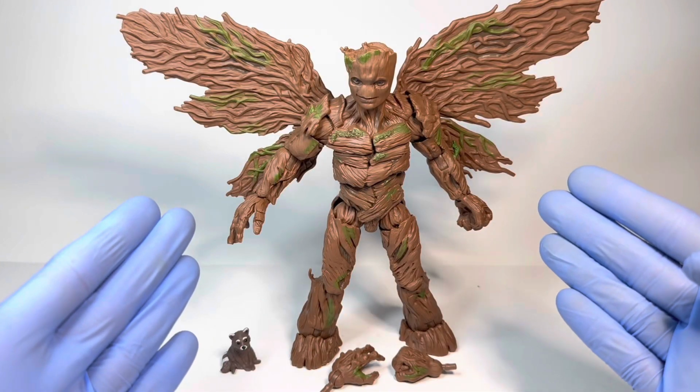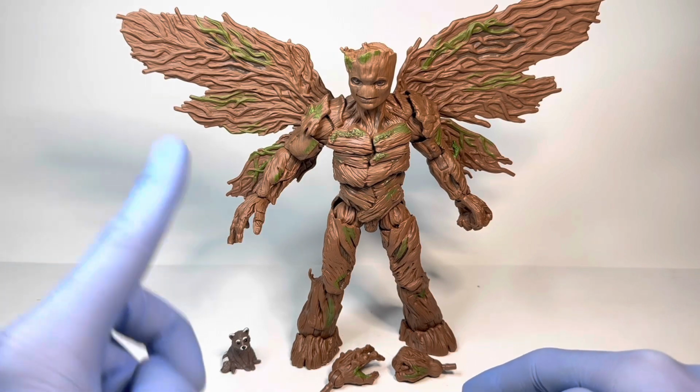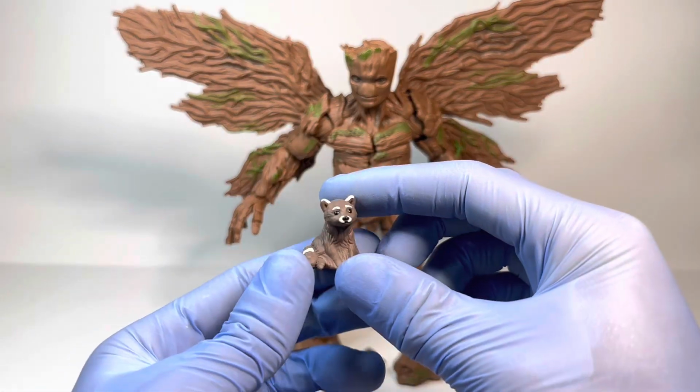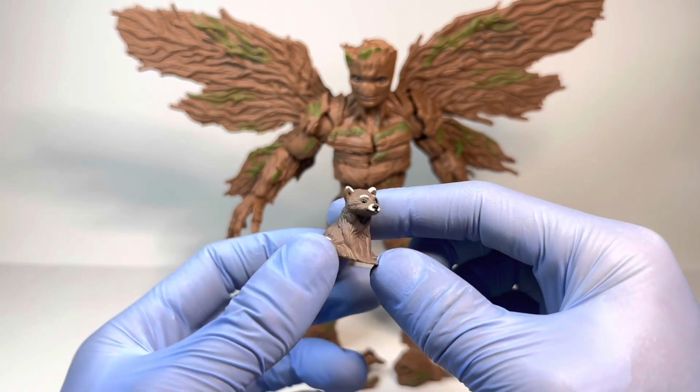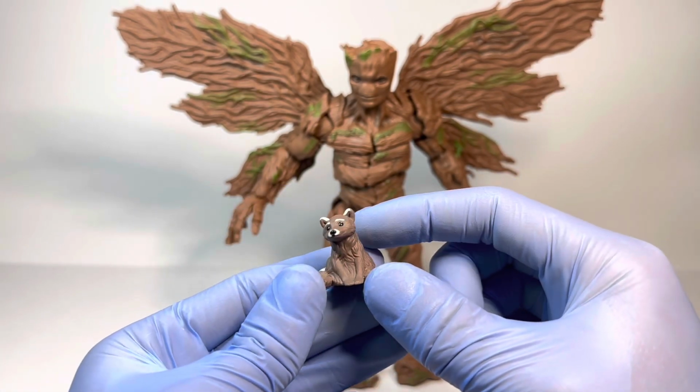Here we have the Groot along with all of his accessories being an extra set of fists, Baby Rocket, and I guess you could consider the wings to be an accessory. Now, of course, I do want to start off here with the Baby Rocket. I absolutely love this thing. There isn't that much to it. It is just one mold, but what you do get here works well enough for Baby Rocket, at least from what I've seen in the trailers,